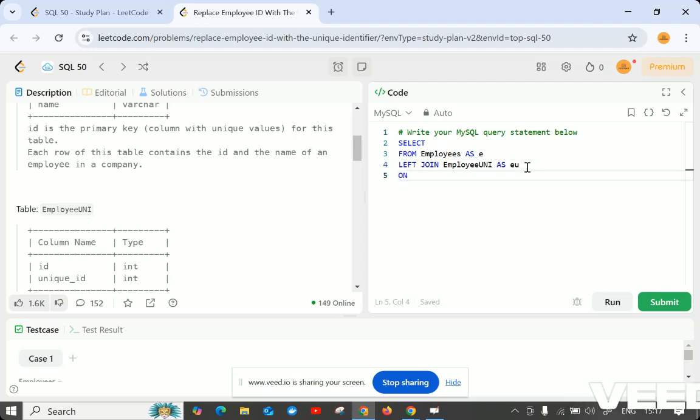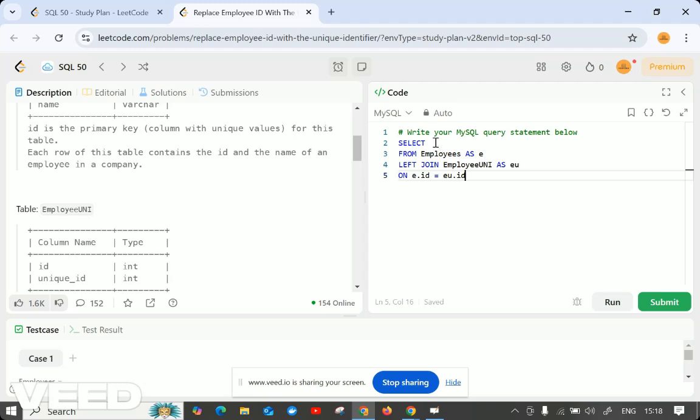And on condition, what I am merging these two on is ID, because a primary key should be a foreign key for others, otherwise we can't join the two tables. The employees table has ID and employee unique also has ID. So on this condition we are joining these two tables.